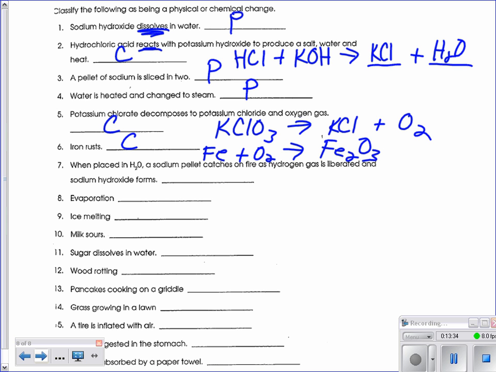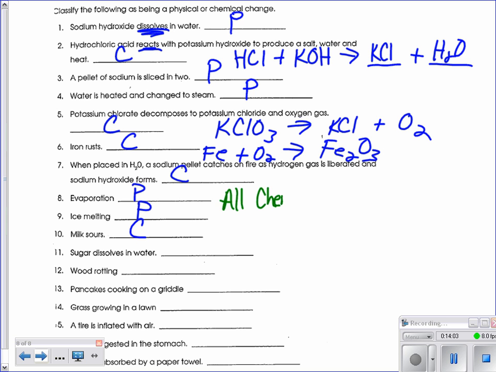Okay, when placed in H2O, a sodium pellet catches on fire as hydrogen gas is liberated and sodium hydroxide forms. Chemical, that's definitely a chemical reaction right there. Evaporation. Ice melting. Milk sours. Which one? Chemical. Maybe this is a good point to write ourselves a little note that all